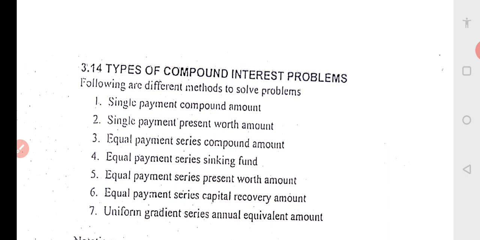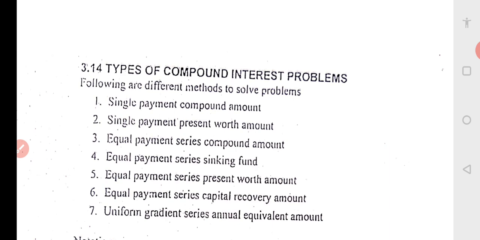So this is the simple problem. We are going to find the final amount after some period. What is the investment we know? For the first year he invests 15,000, and then it is a uniform gradient series, meaning every year he increases by 2,000 rupees. So first year 15, then 17, 19, 21, 23, 25, 27. This is the way he is going to invest. After he invests for 8 years, how much money is he going to get at the end? This is known as the uniform gradient series annual equivalent amount.